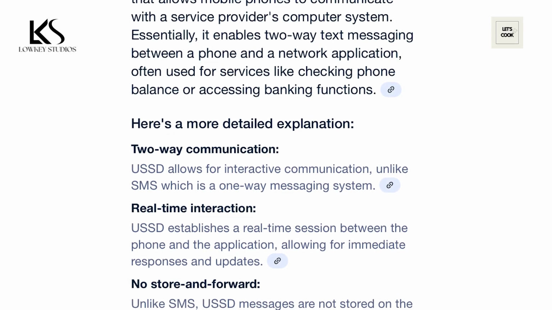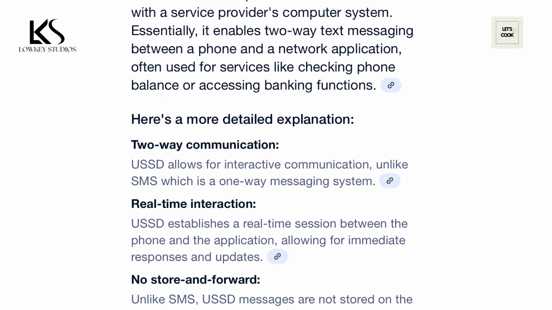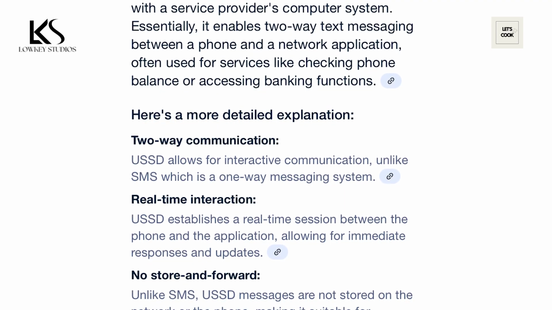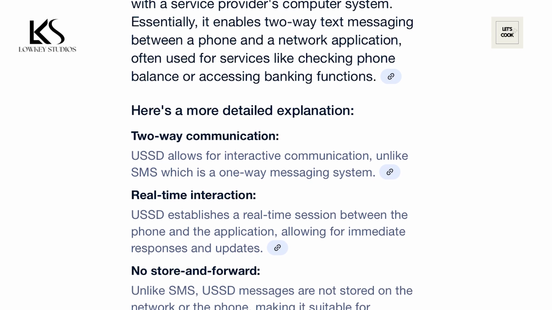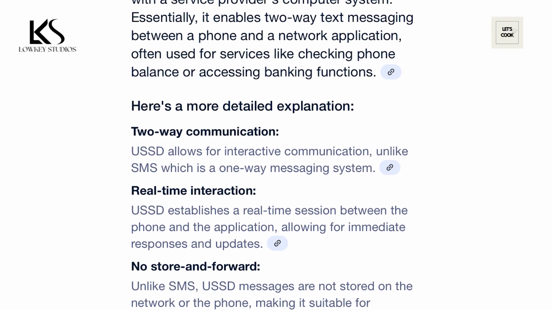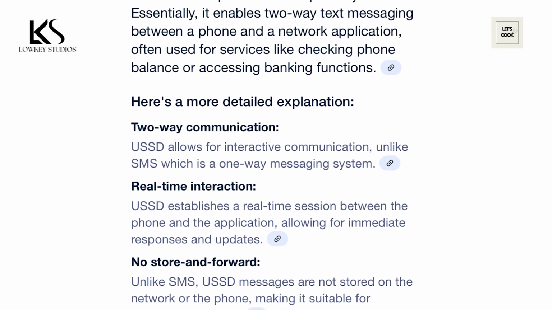And then when you go into details, it says two-way communication, that is USSD, allows interaction, unlike SMS, which is a one-way messaging system. So probably you get what is at the top. What it means is that unlike SMS where you text and it just goes one way, in here the USSD is like a double communication where somebody texts you, you reply and it comes back, like that interaction. Yes, that interaction.